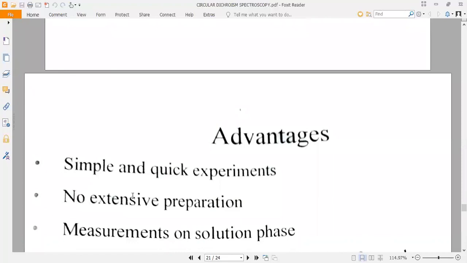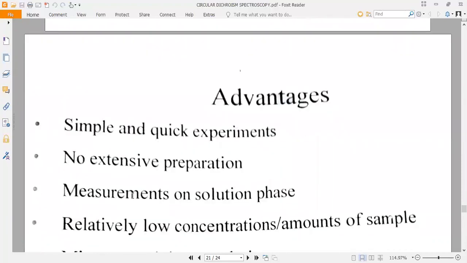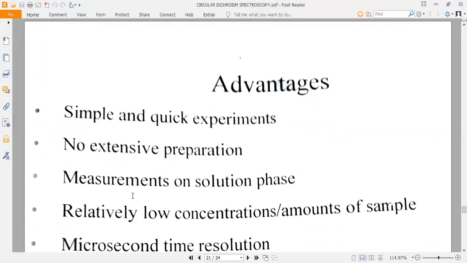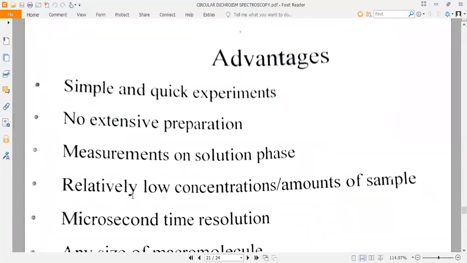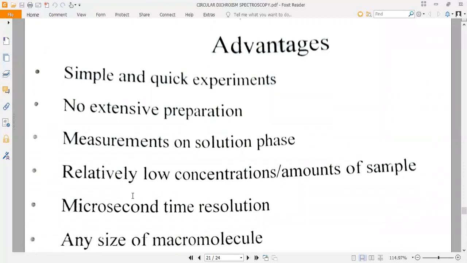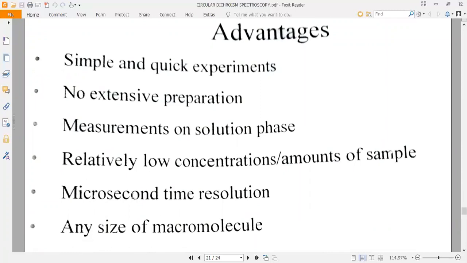Advantages क्या है? Simple and quick experiments can be done. No extensive preparation is required. आपको पता है कि क्रिस्टल फॉर्मेशन कैसे होता है. सो क्रिस्टल बनाने में सही न्यूक्लिएशन होना चाहिए, सही साइज का क्रिस्टल बनना चाहिए, छोटे छोटे बहुत नहीं बनने चाहिए. तो ये सब प्रॉब्लम्स आती हैं, लेकिन यहाँ पे सोल्यूशन लिया और उससे एक्सपेरिमेंट कर लिया, उस पर प्लेन पोलराइज्ड लाइट डाली, और वो जो ट्रांसमिटेड लाइट आई उसका पाथ ऑब्जर्व करके रिजल्ट को इंटरप्रेट कर लिया. So no extensive preparation is required. Measurement